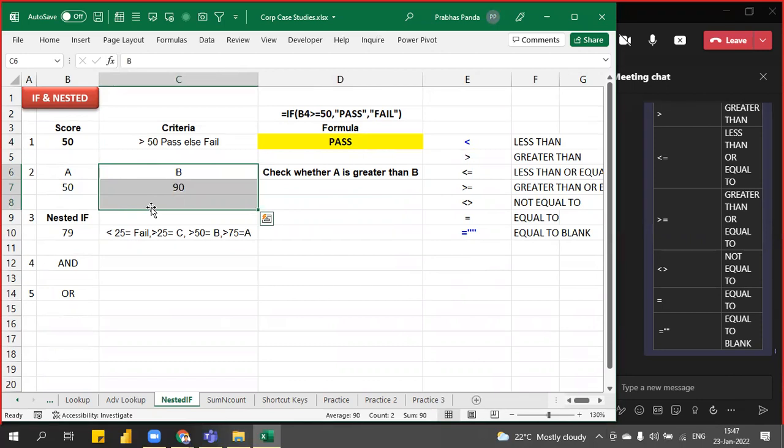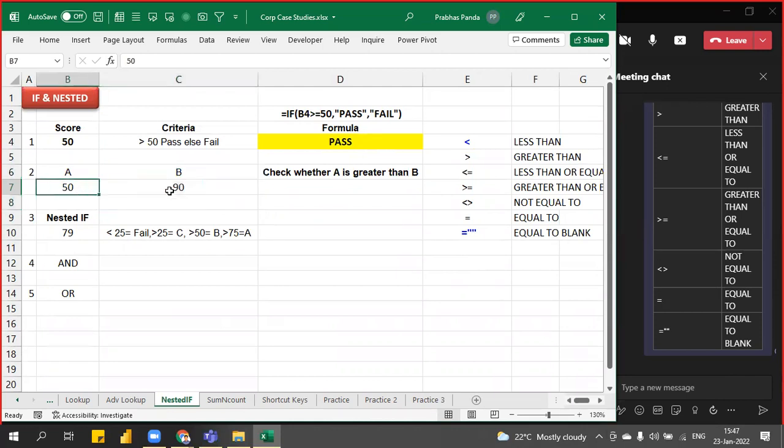Now, looking at the scores of both these persons, my boss is passing a statement. What is the statement he has passed? A has scored more than B. So score of A is greater than score of B. My boss is passing a statement like this. But if you check whether score of A is more than score of B, no. So simply, I can say immediately to my boss, sir, whatever statement you are passing, it's a wrong